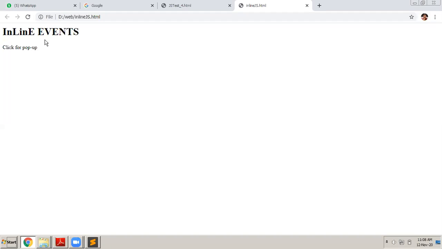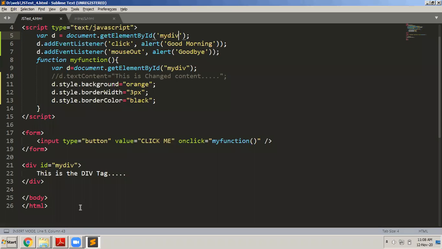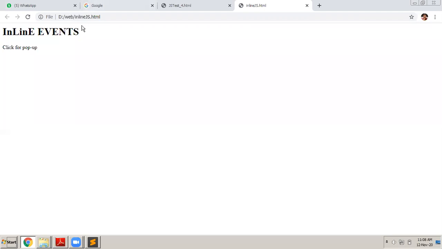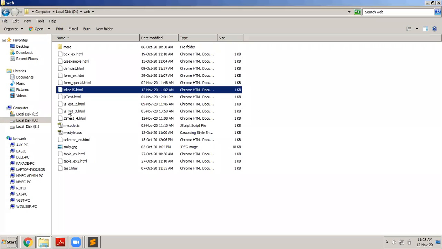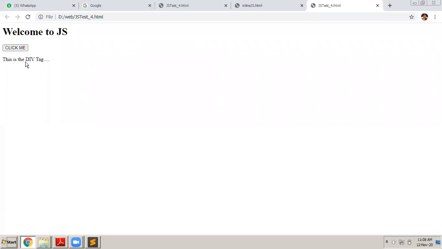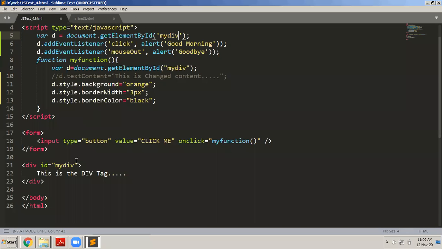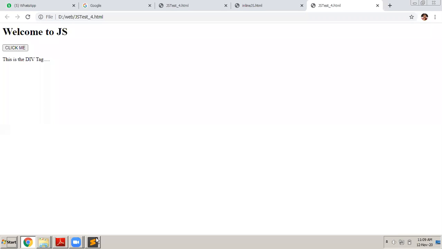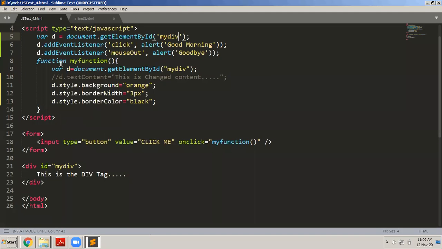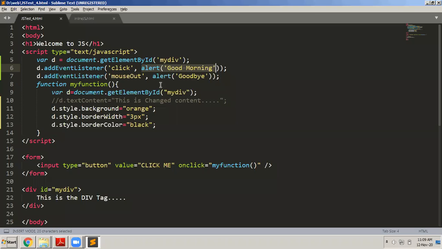Okay, now just have a look at this. I refresh this. So I have this. So the moment, no, which is this? Oh my God, I have written it here. Is it JS4? So you can see I have a div tag. When I go and click on that, there seems to be some problem here. What should actually happen is when I take the mouse, I click on that. When I click on that, so you can see when I click on that, it should display me good morning. And when the mouse comes out of the div tag, then it should display me goodbye. This is what is supposed to happen.